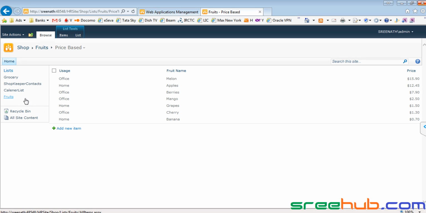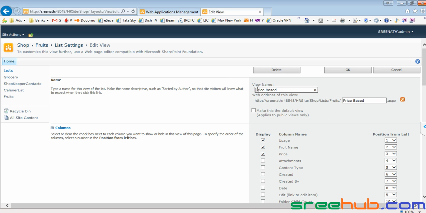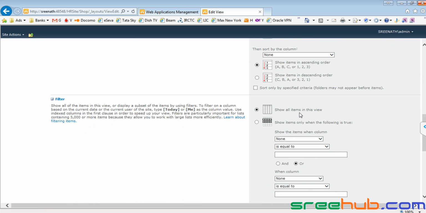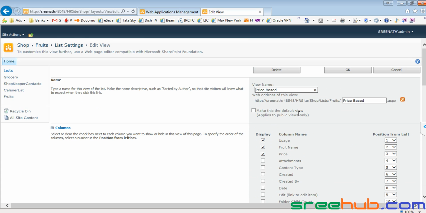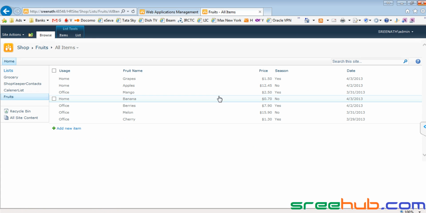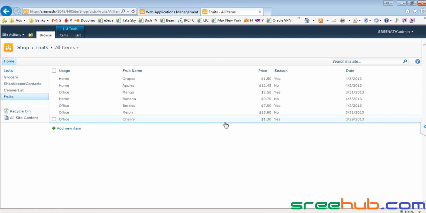Even your view, what is the state of view, all these things, and whenever you go to modify this view, whatever settings you can see here, everything will be saved in a database, SQL Server database. That's why whenever you want to see, you will be getting the same data of content. So any doubts here, Mohammed and Trupti?